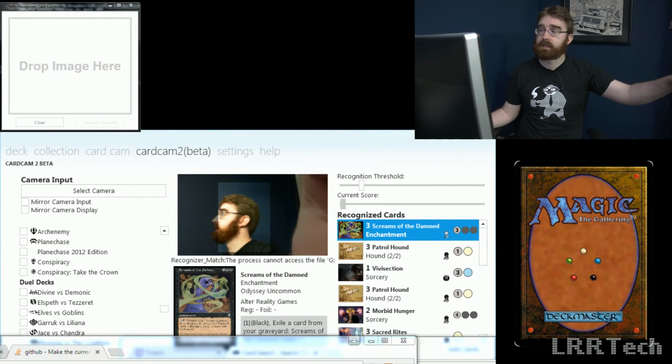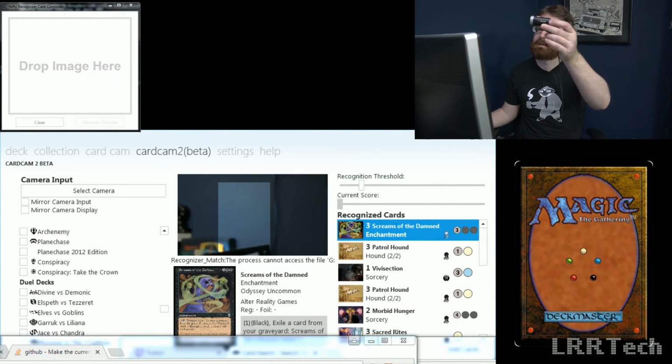Hopefully that's useful to you, and I'd be very curious to see if anybody is able to use my software, or the server and script stuff, to do your own card recognition setup. Obviously, you don't need as fancy a setup as we have with the overhead cameras. What I was showing you with is just a little webcam. You can see, whoop,